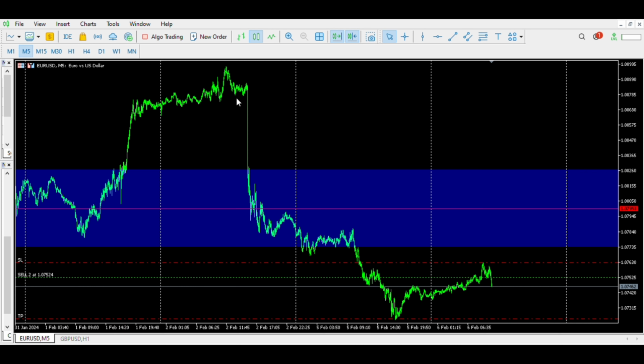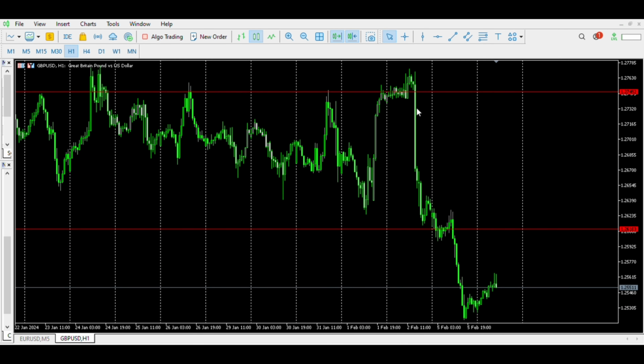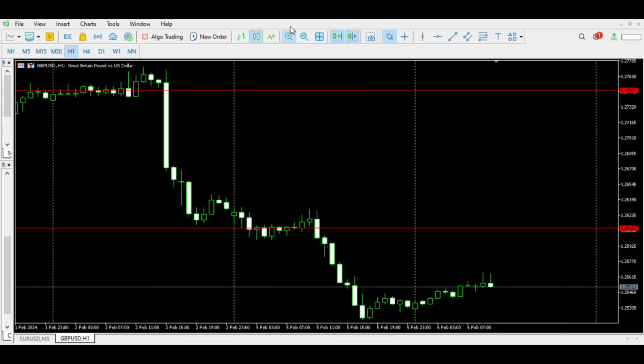So previous video we were sitting up here, I was on GU sitting up there, and I caught that move down. I did mention it in the video. I was looking at this move and I caught some of that move. I caught maybe 50 pips of that candle down, and then I scalped that, left the runner, then I closed it. Okay, so same thing happened here on EURUSD.